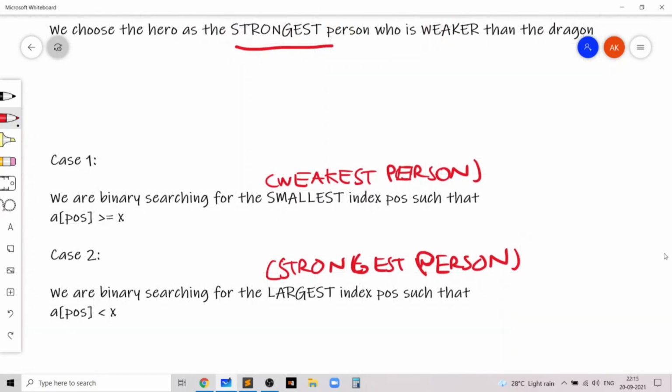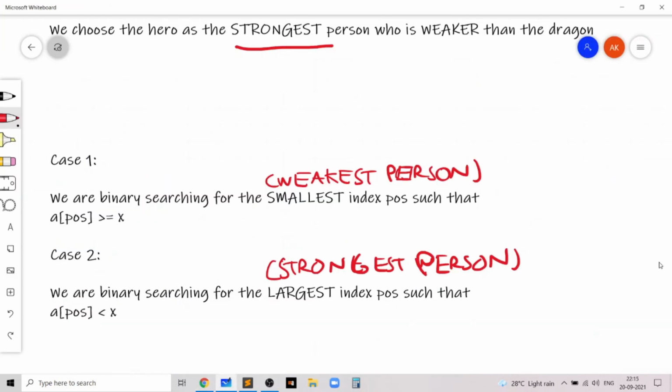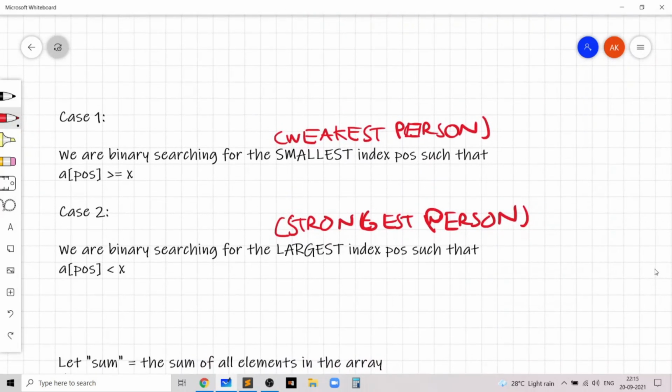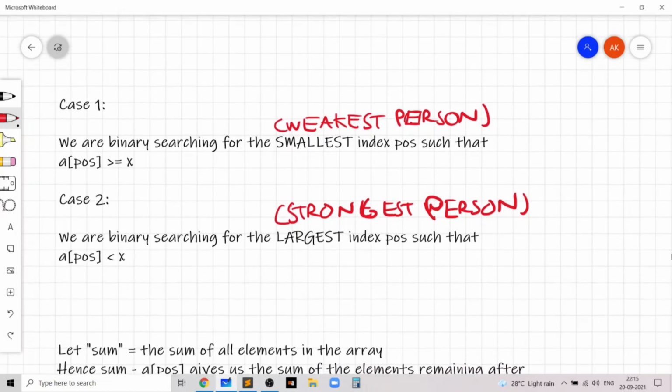So now let's find the cost, or the minimum number of coins which we spend in these two cases. In both the cases, it's a similar situation, so I'll combine both the cases together to find the cost. In both the cases, we take the variable sum to be the sum of all the elements in the array.